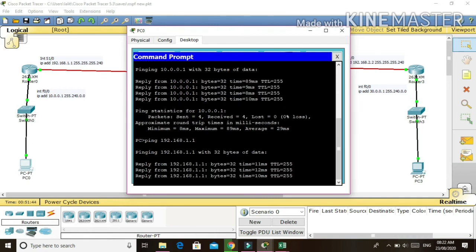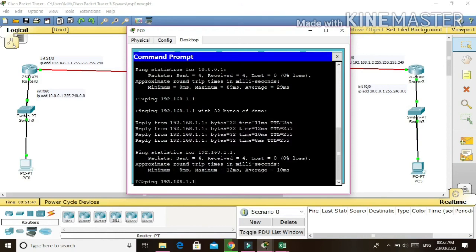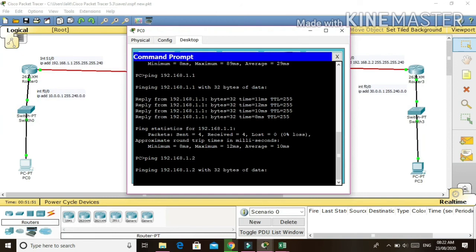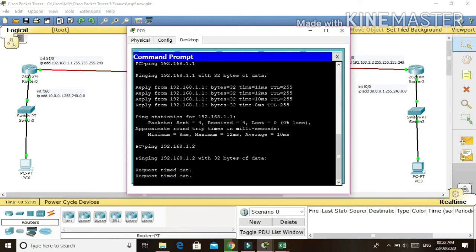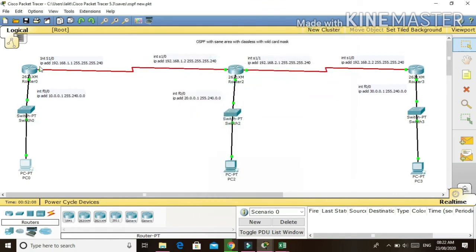Now I'll ping router first, which is IP address 192.168.1.2. Now I'll ping router second, which is serial 1/0. That is just showing request timeout. This is the actual error in this video,